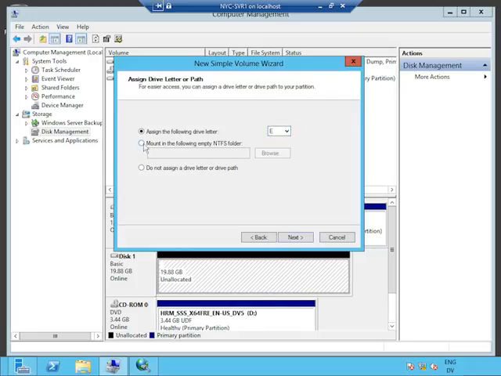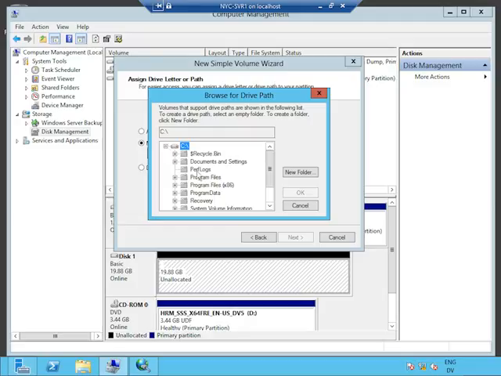We do also have the option that we've had going back to Windows 2000 to mount this storage in a particular folder location, and that's kind of an interesting trick. I can maybe envision a scenario where the application that we're creating this storage for writes data into a particular folder on the computer. And the challenge there is that folder is on drive C that's running out of room. Well, I can now make that folder be mounted on disk 1. I can say that I want the storage space in disk 1 to be accessible through drive C in a particular folder in that location. C/program files/something, application data,